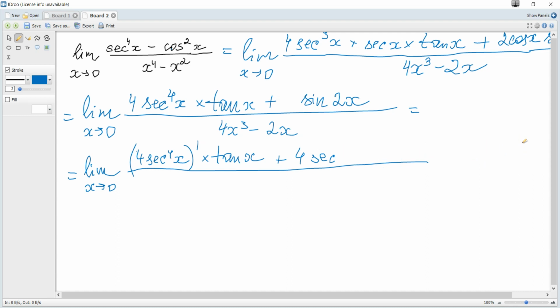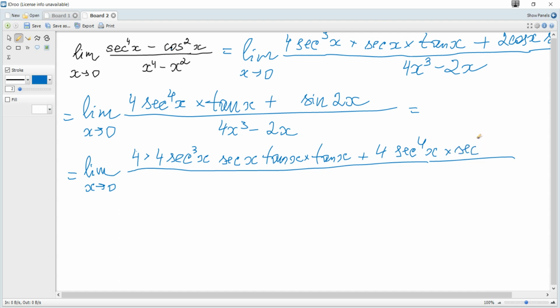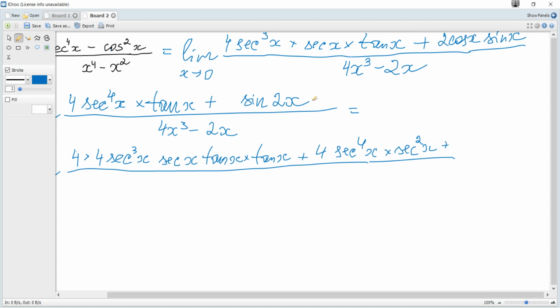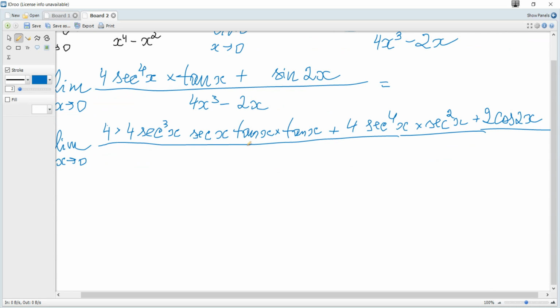It's not necessary to write, so let's calculate. So 4 secant to the power of 4 derivative, it's again the chain rule, so it becomes this 4, and the derivative of secant to the power of 4 is 4 secant cubed of x and the secant derivative, which is secant tangent, and multiplied by this tangent, plus 4 secant to the power of 4 of x and the tangent derivative, which is secant squared of x, the formula is given in the data booklet, plus the sine of 2x derivative, it's the chain rule, but for a function with a more complicated argument, and we use the same formula as for the derivative of sine, but multiplied by the argument's derivative, so it becomes cosine of 2x, and the derivative of 2x is 2, so 2 arises in front,